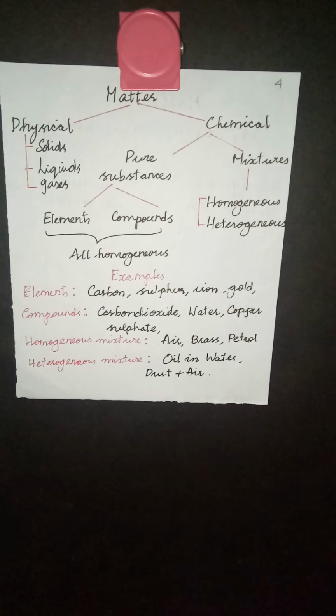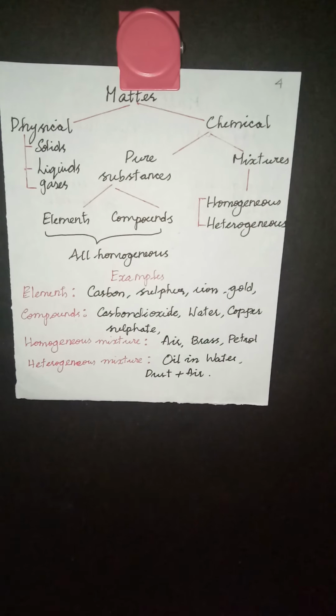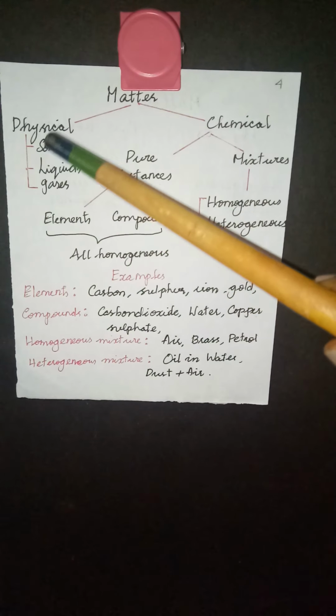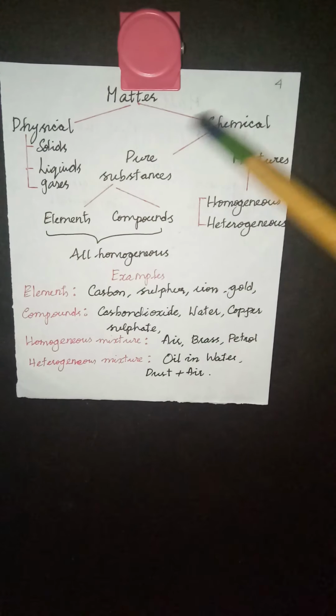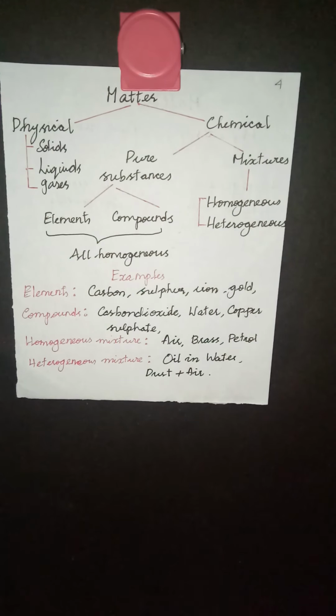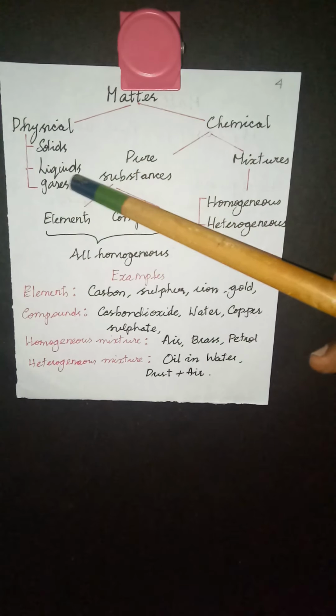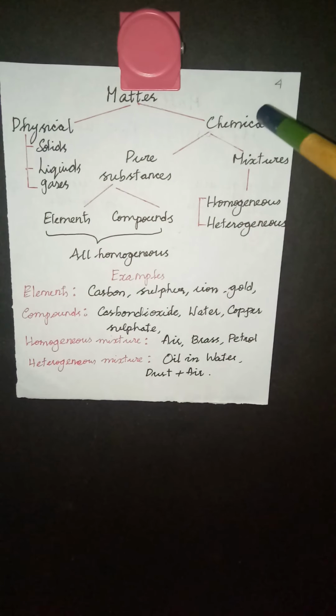So now coming back to matter. As I told already, matter is that thing which occupies space and you can feel it with any of your five senses. So now we are going to classify matter. Based on the physical nature and the chemical nature, matter can be classified. And you know physical nature, you would have studied in lower classes, the external features. So based on the physical nature, matter can be classified as solids, liquids and gases. Based on the chemical nature,